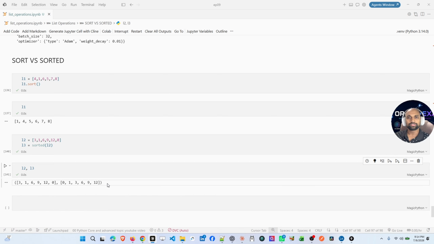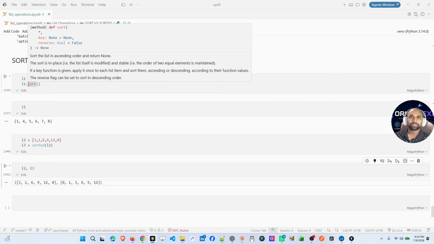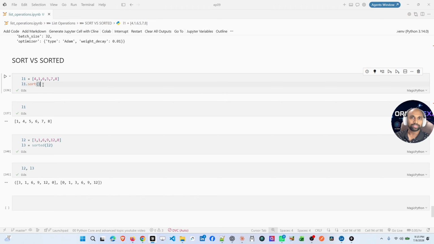6, 9, 12. This is the sorted value. In the previous one, L1.sort, we are calling this built-in function. This is sorting in place. L1 itself will be sorted. Whereas in sorted of that list, what it is doing is creating altogether a new variable,